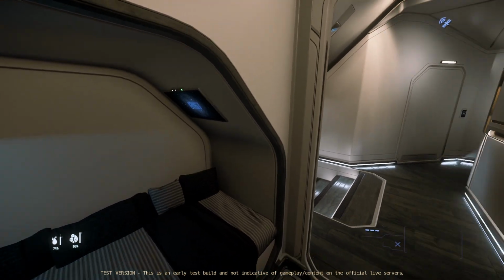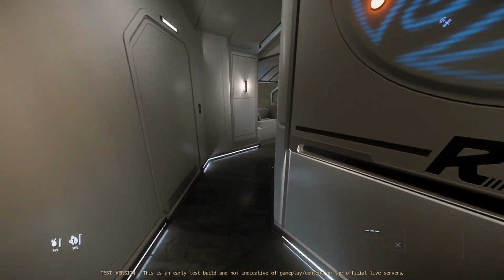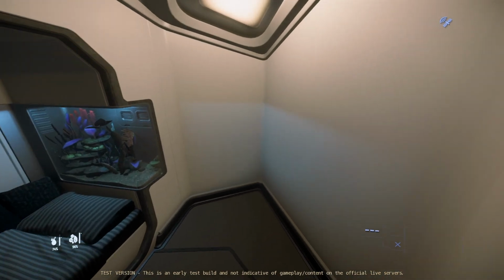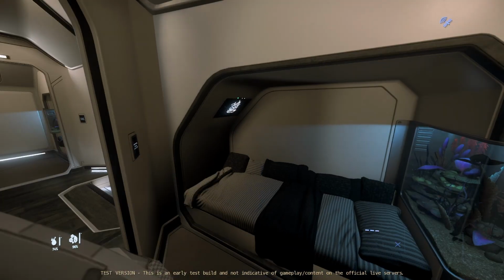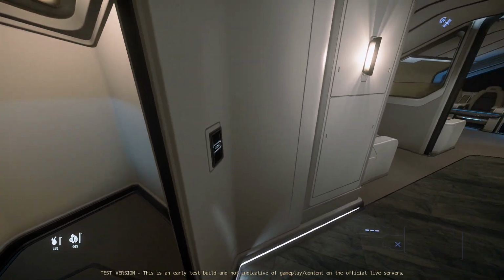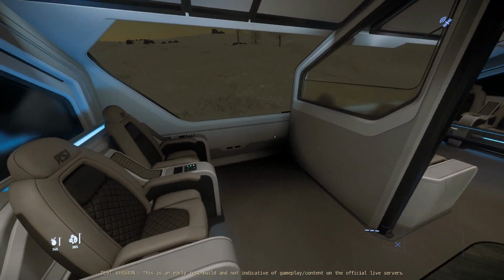Moving across the hallway, and we enter towards bedroom number 2. Going into here, it's identical to bedroom number 1, but it's just a different shaped room. Bed, aquarium and TV. Moving out of here and just down the hallway, we get access to 2 luxury